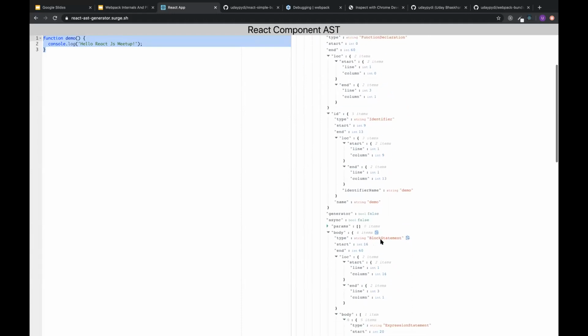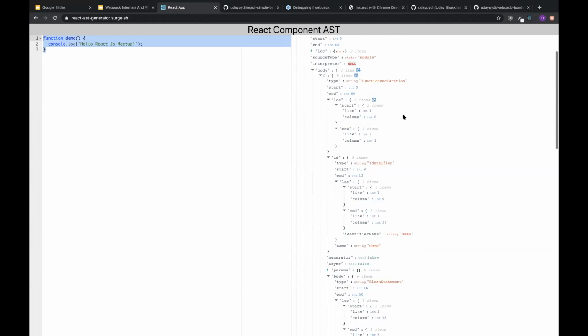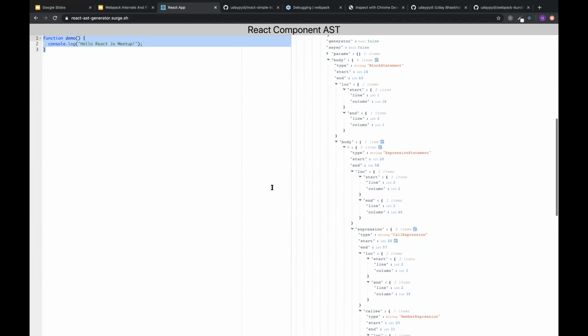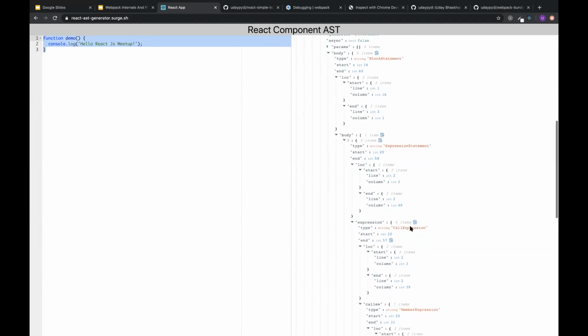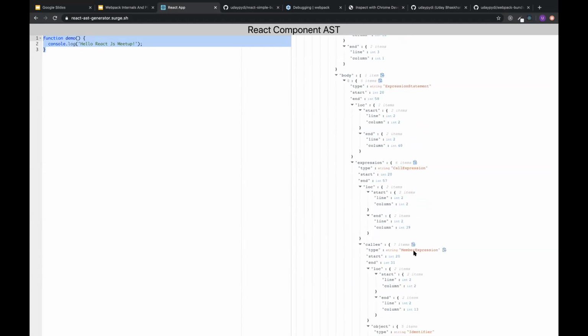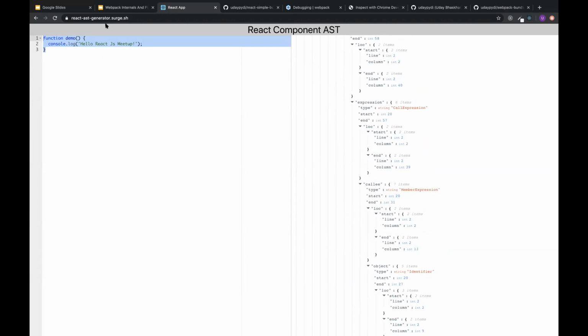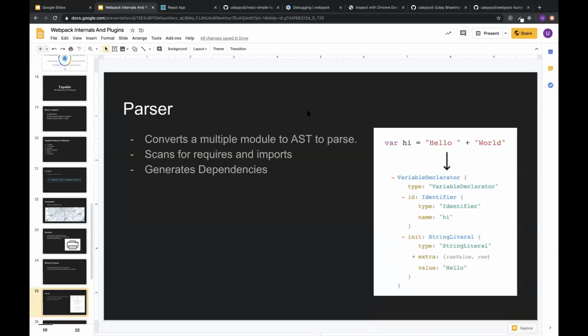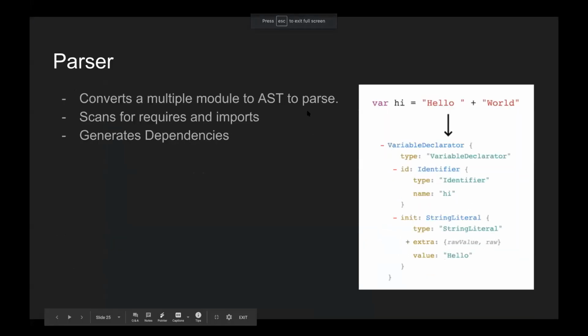So it has a lot of things like type block statement, type identifiers, type function declaration, type expression statement, this one. And we are calling this console log as a function, right? It has a call expression, it has member expression. So it has a lot of things. So Webpack does this work. It creates a dependency graph for that. Sorry, AST. And now we have a set of data which is actually parsed. So Webpack can read this and tell at what line what was there, right? So it has everything to create the bundles.